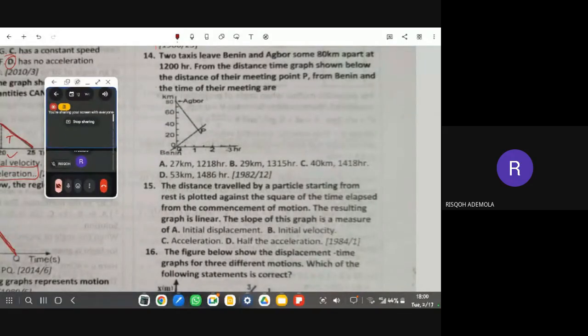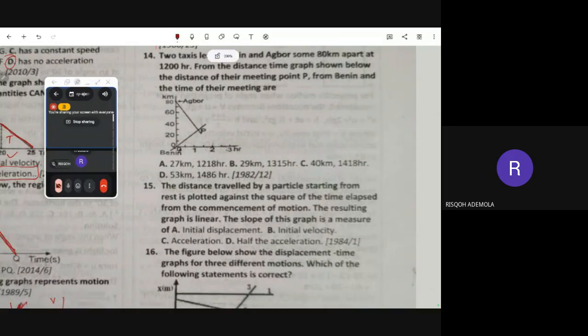So two taxis leave Benin. This is Benin here, and this is Agboye. Benin and Agboye are 80 kilometers apart. Can you see? At 200 hours, so they started at this hour, 200 hours. From the distance-time graph shown below, the distance of their meeting point P from Benin and the time are,